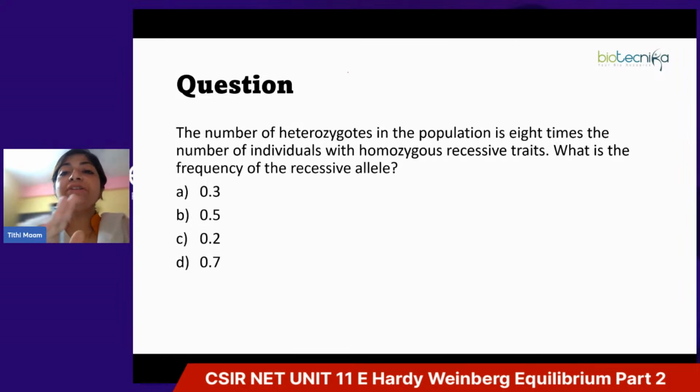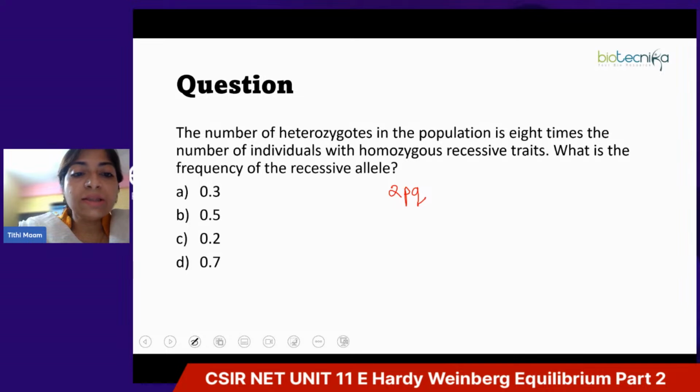Okay, so let's first write down what is given in the question. Tell me that. Number of heterozygotes in the population is 8 times the number of individuals with homozygous recessive trait. So what is the equation given? Yeah, Gayatri, Rahul, Anupam, Anusha, yes, you guys are correct. So what is the equation given here? 2pq,